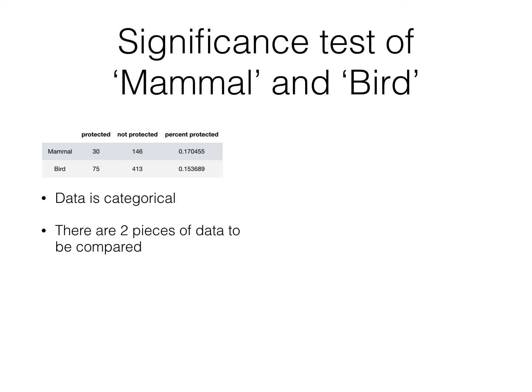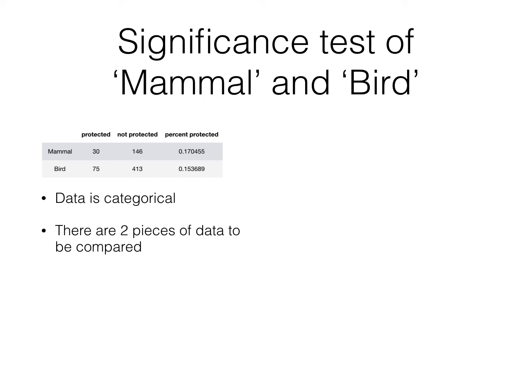The protected ratio is around 17%. For the bird, there are 75 being protected and 413 are not protected. The protected ratio is around